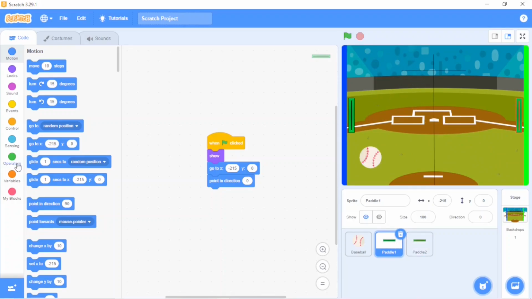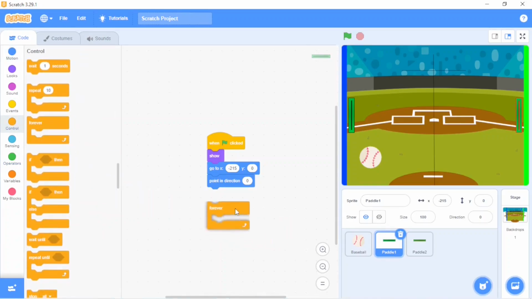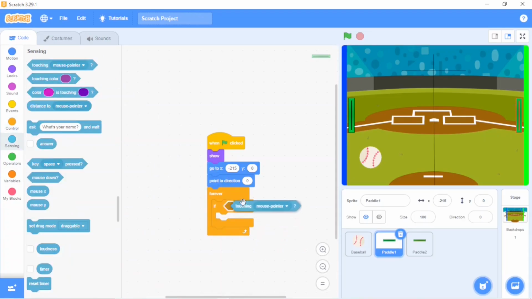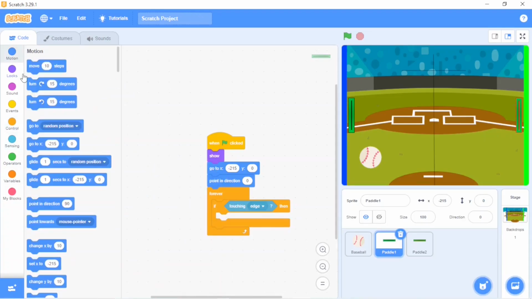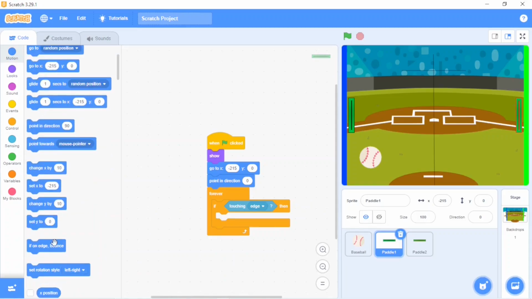Okay, great. Now we will do the movement of the pedal. Go to control, forever loop, if then, touching edge, motion, scroll down, if on edge, bounce.